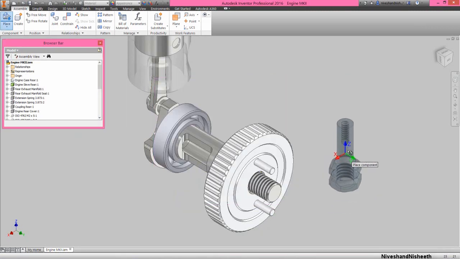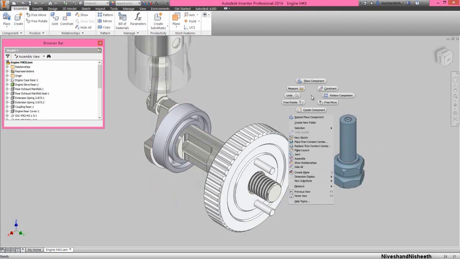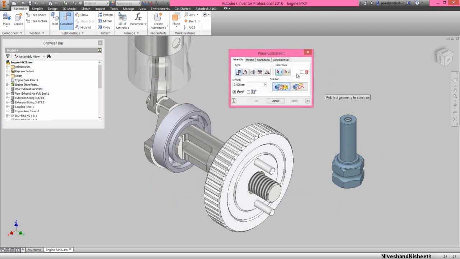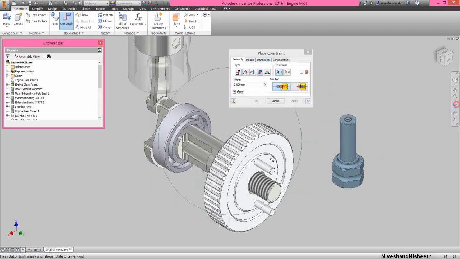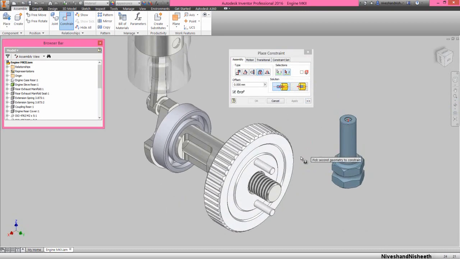Now we will place the part clutch nut in this assembly. Now we will apply the insert mate between the hole edge of clutch nut and hole edge of flywheel.